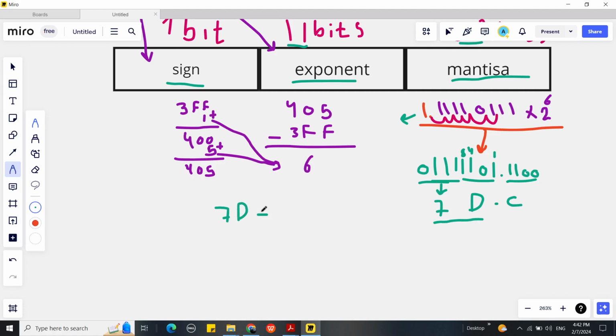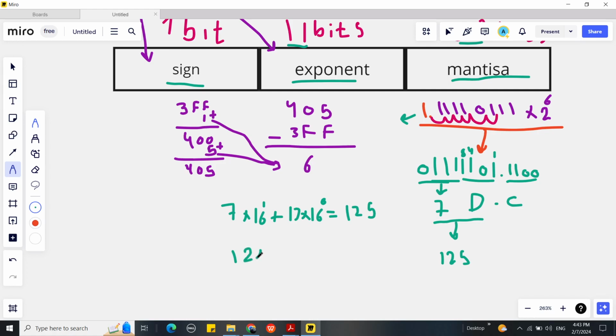Equal to, oh sorry, it is 7 times 16 power 1 plus D, which is actually 13. D is 13. 13 times 16 power 0. Let me do the math. You know what? I have the calculation next to me. So 7 times 16 is 112, plus 13 is 125, right? So basically this is going to be 125, and dot C is 12, so it's going to be